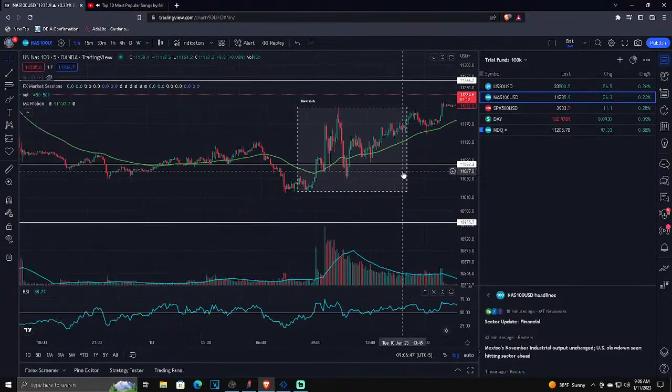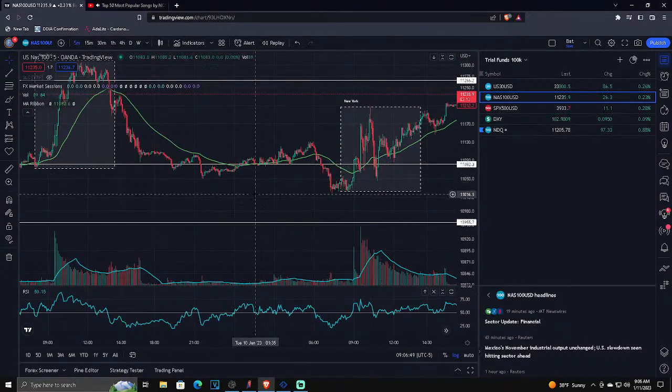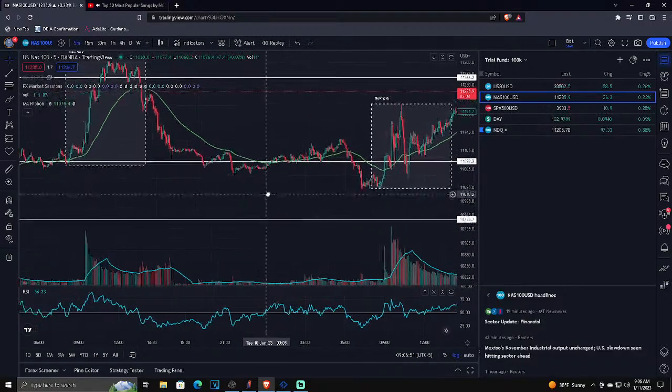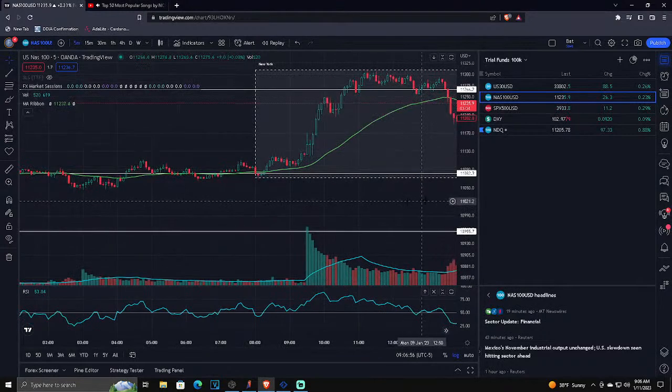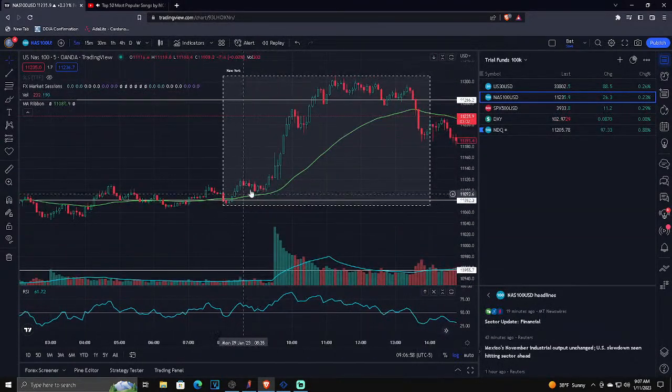And interestingly enough, it's almost the same level that I entered my trade 2 days ago. Because 2 days ago was a lot easier to trade, because it was a much more solid momentum up, and I was able to enter right at the test of this 50 and just ride it up. I didn't get the entirety of the move. I wish I would have. And today I will also show if I get